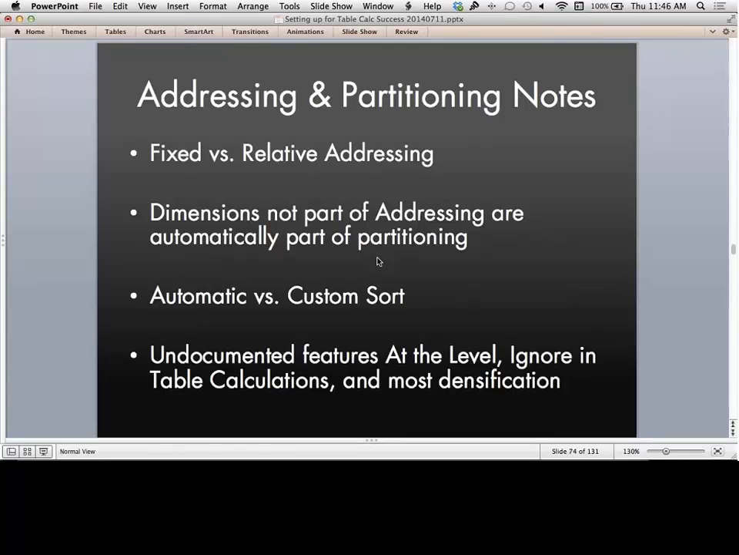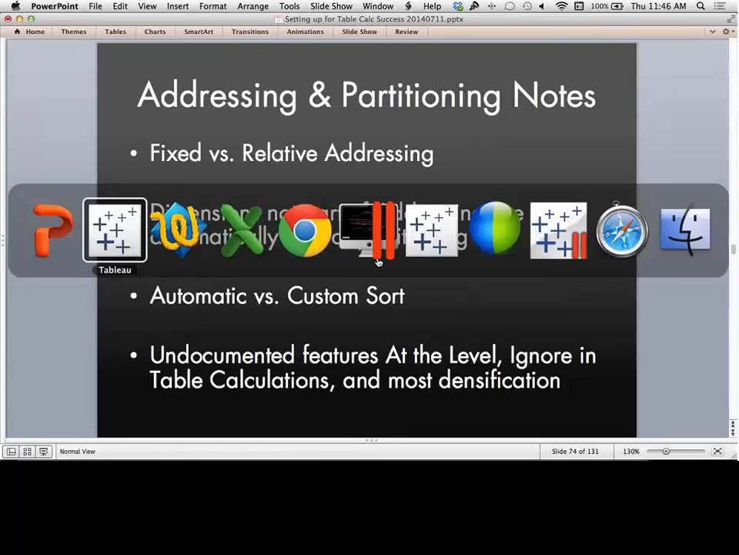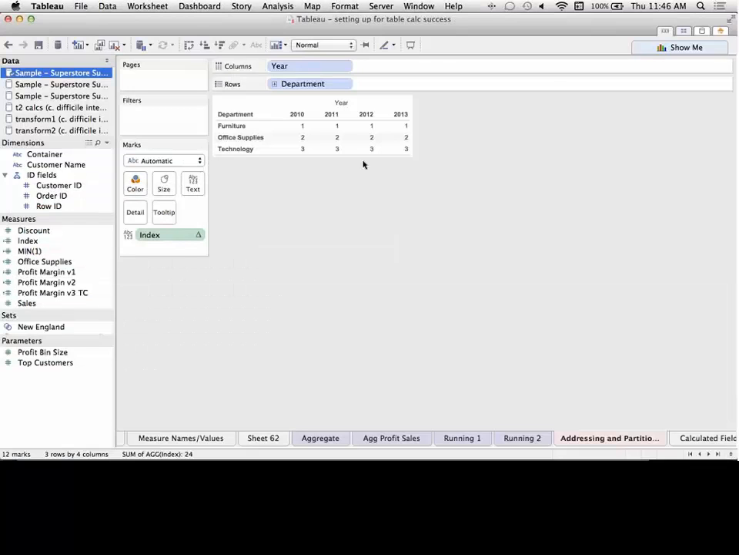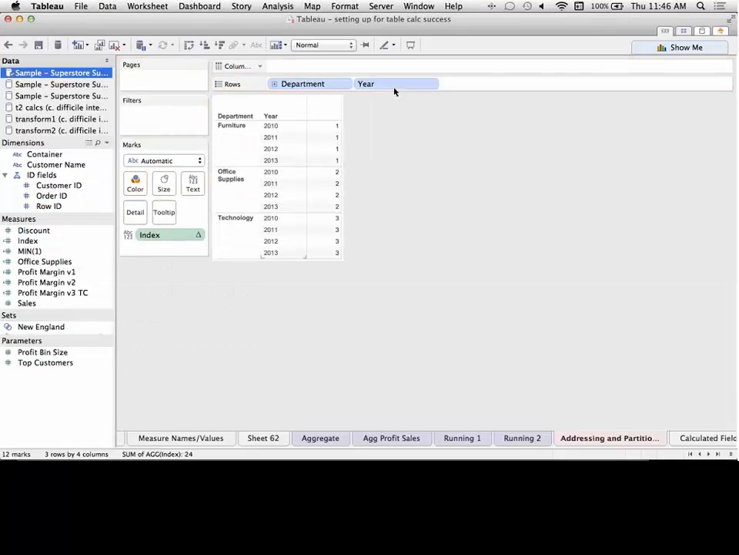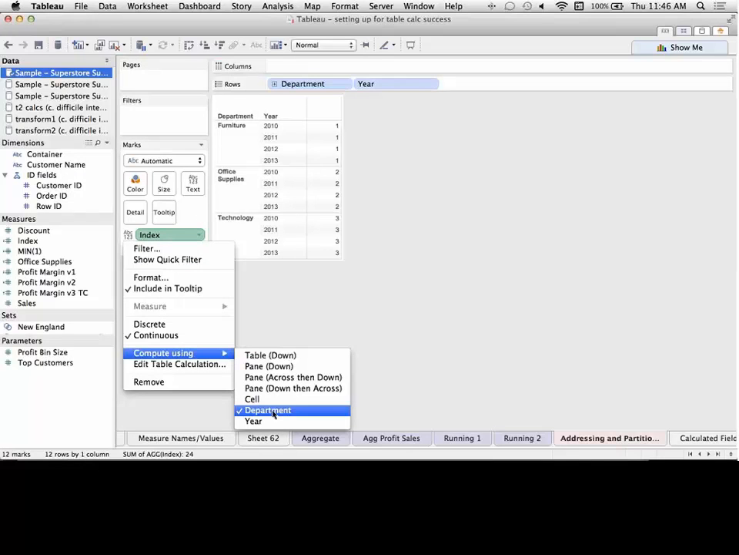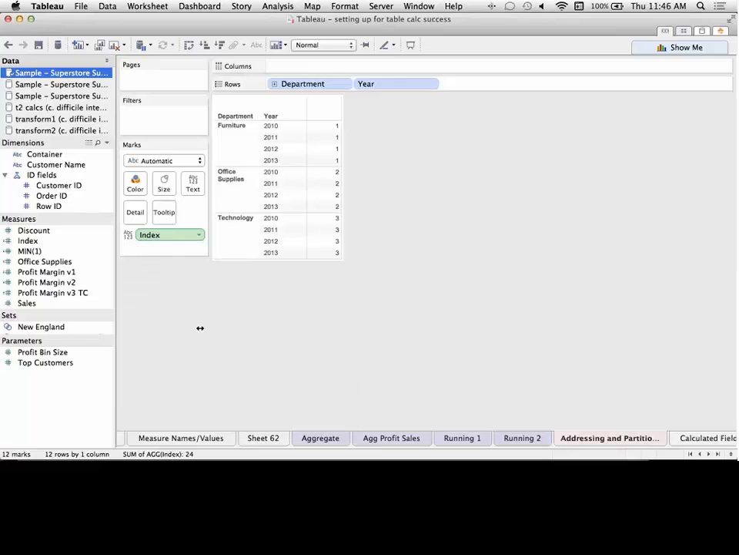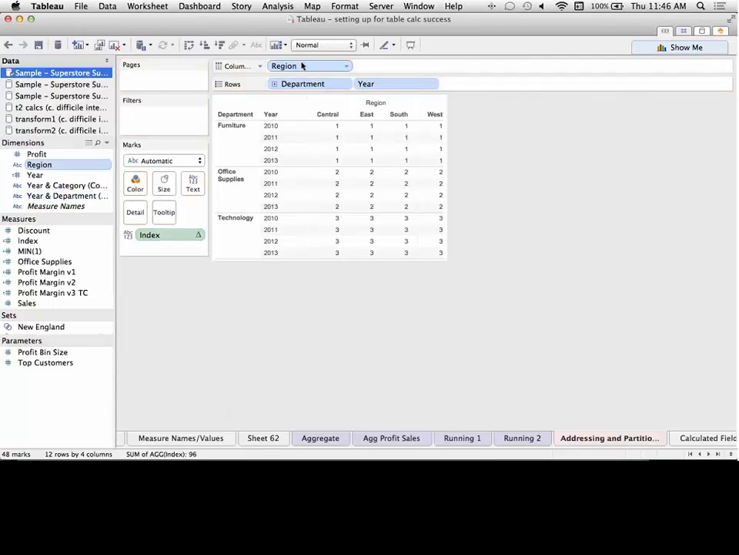One piece I didn't say here: dimension is not part of addressing or automatically added to partitioning. This is something I mentioned earlier. So let's say we have this one here of department and year. Let's just compute using department on this. And then if I bring something else like region into the view,